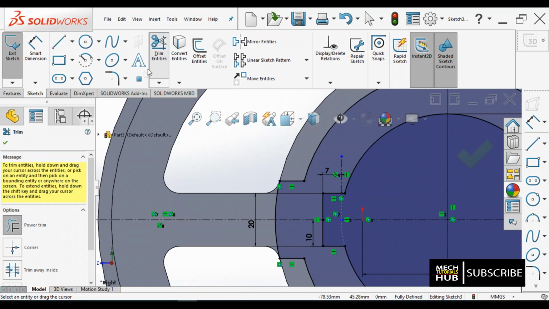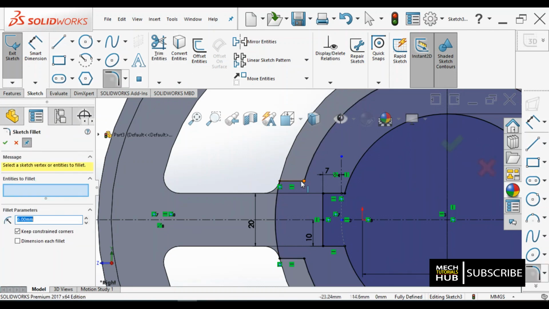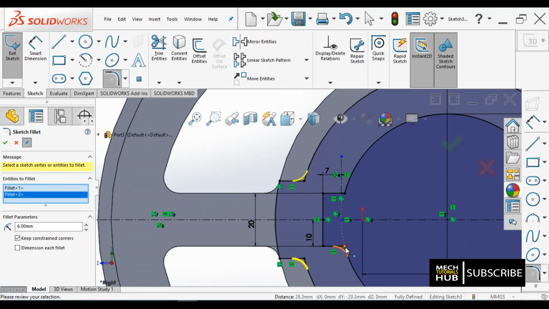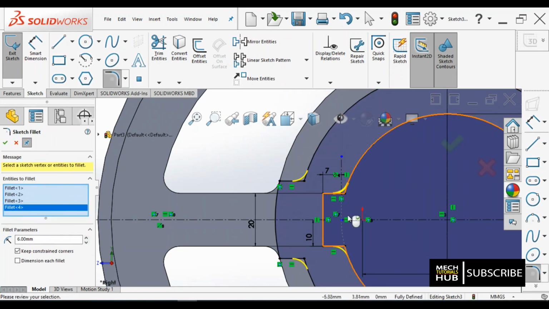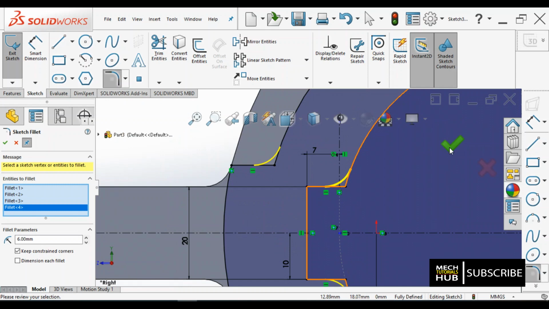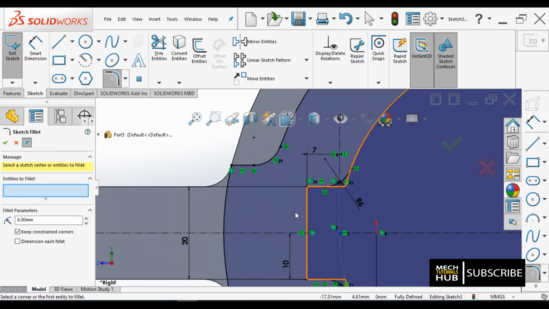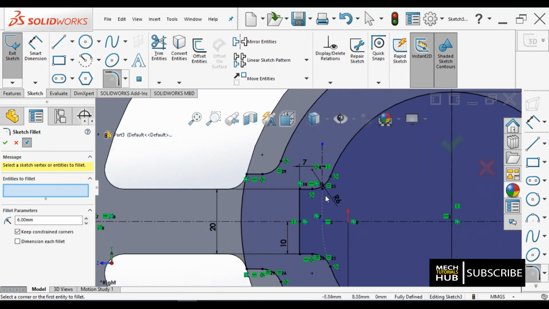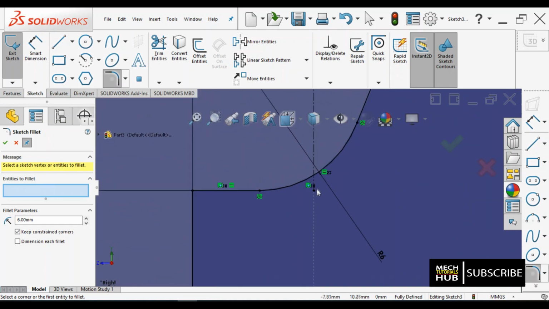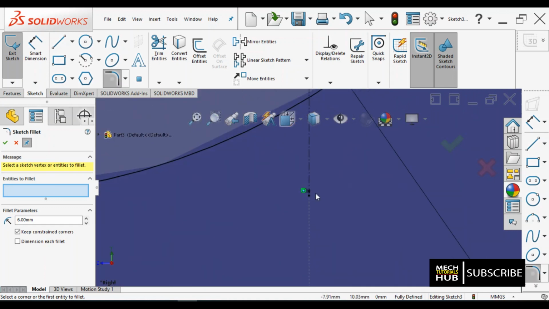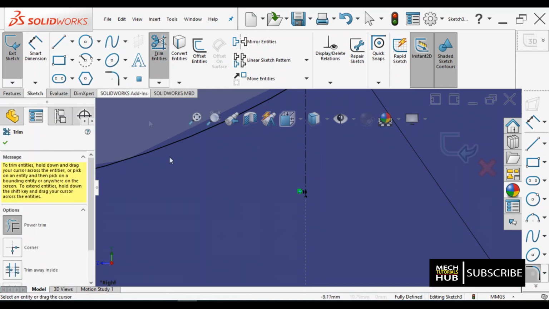Let us go with some 2 radiuses. 1, 2, 3 and 4. Okay, we got all fillet radiuses.